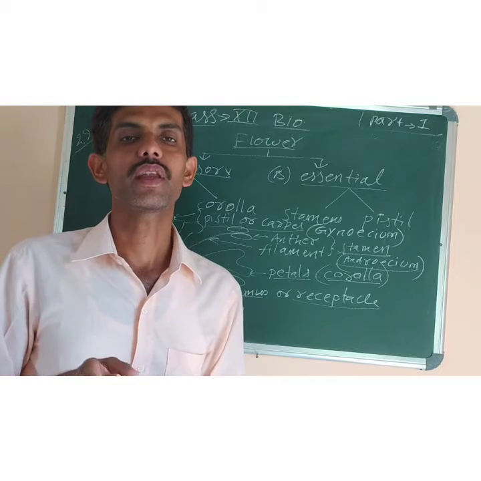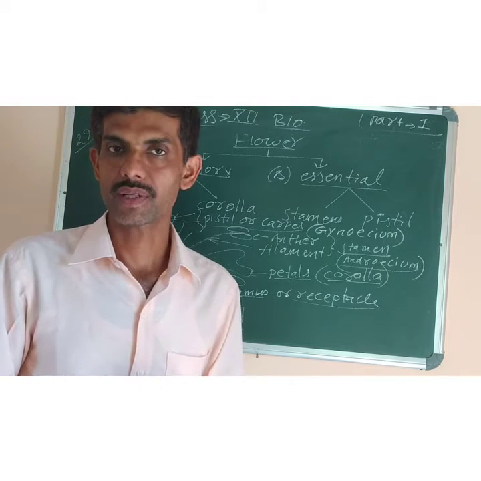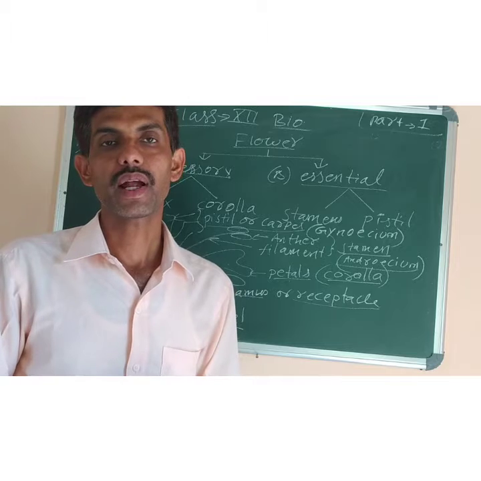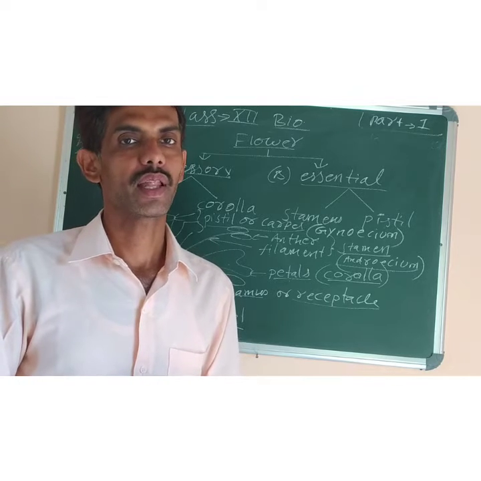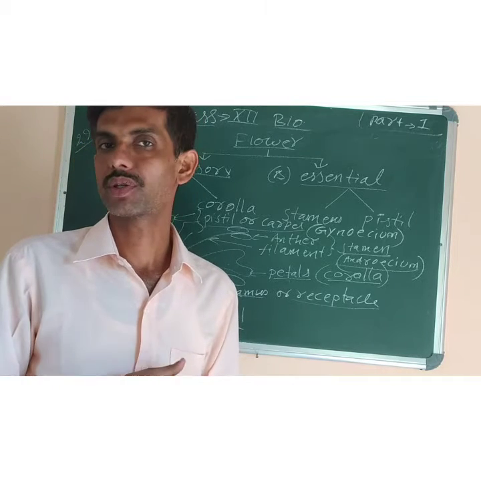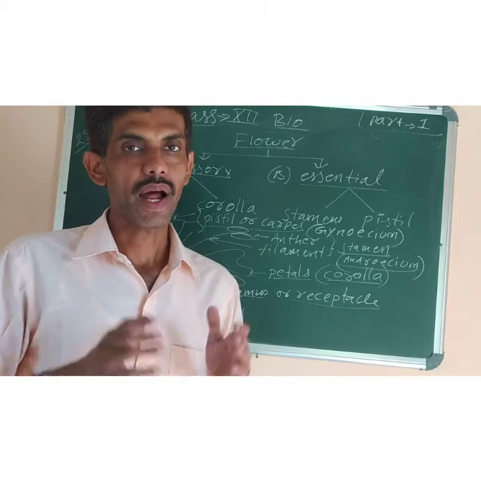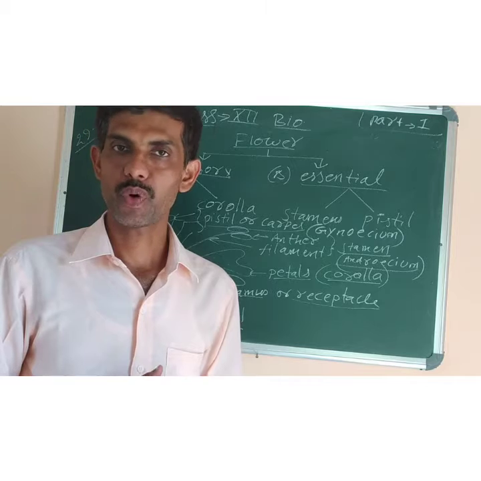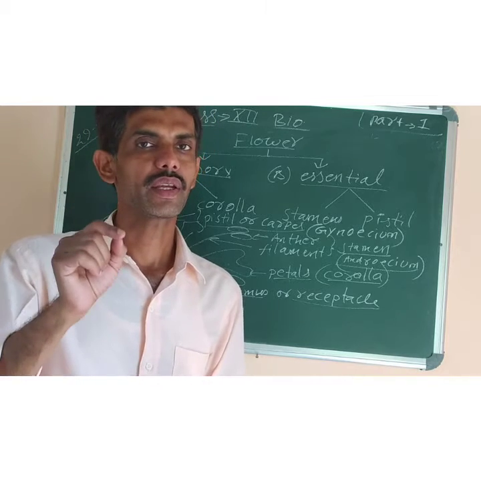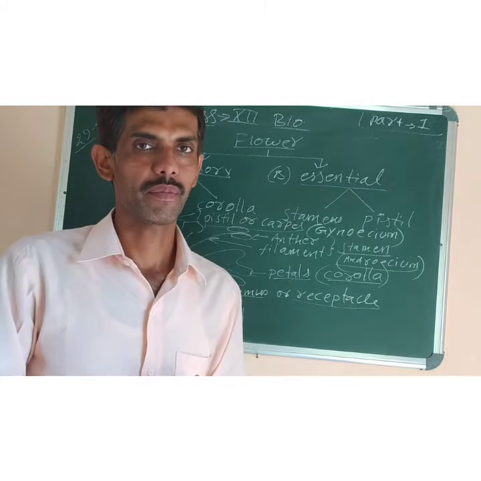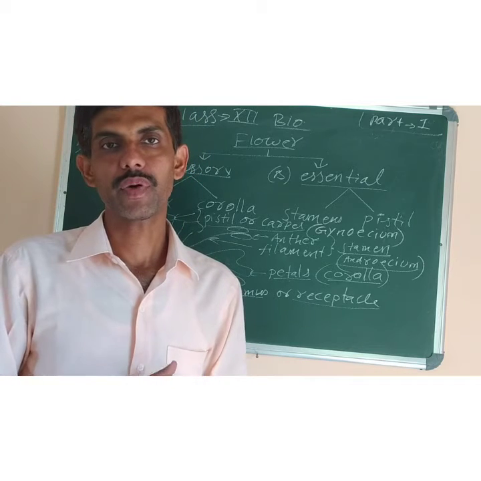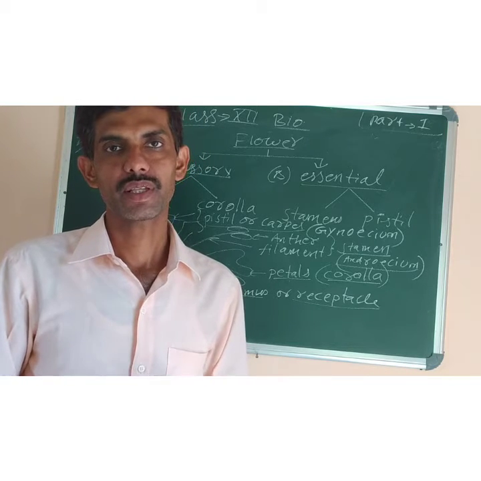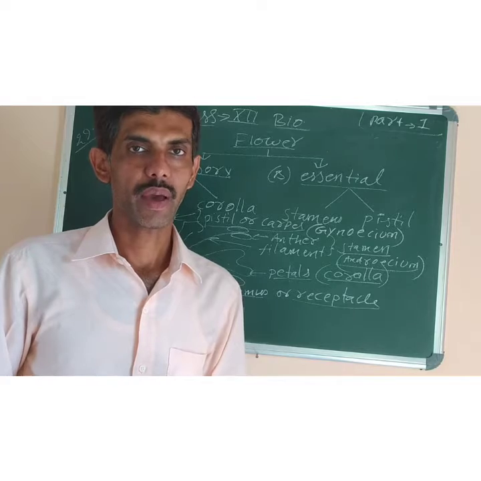Gametophytic stage is the one in which the plant produces gametes. Like the male gamete in plants is known as pollen and the female gamete is called egg, which is produced in the ovary. Now the plant spends most of its life in the second stage, that is sporophytic stage. Gametophytic stage is only for a very short time, okay? And during that gametophytic stage the plant produces the male and the female gametes in it.